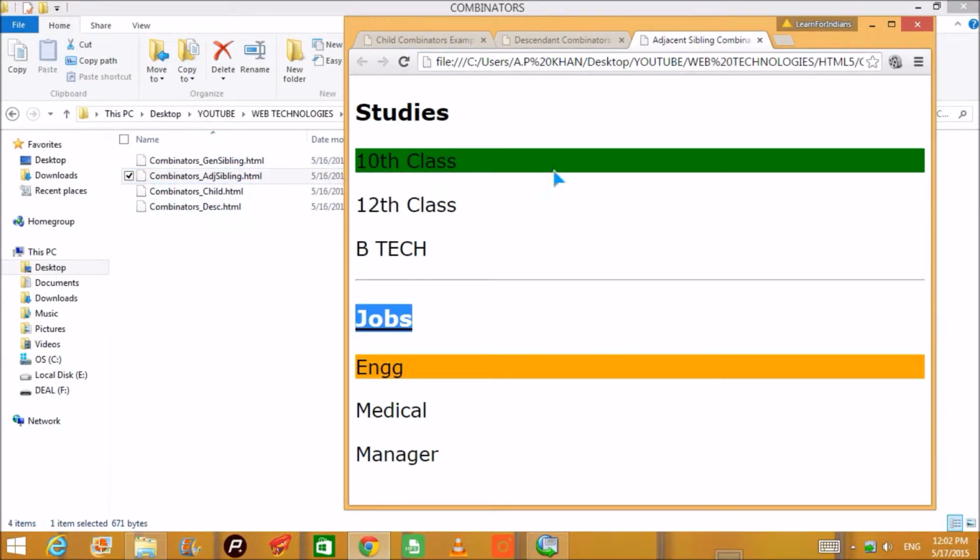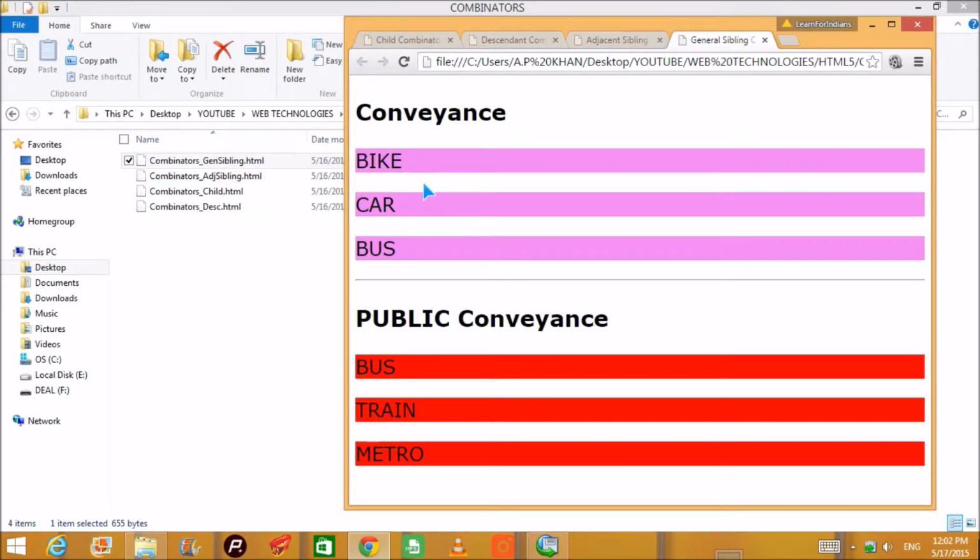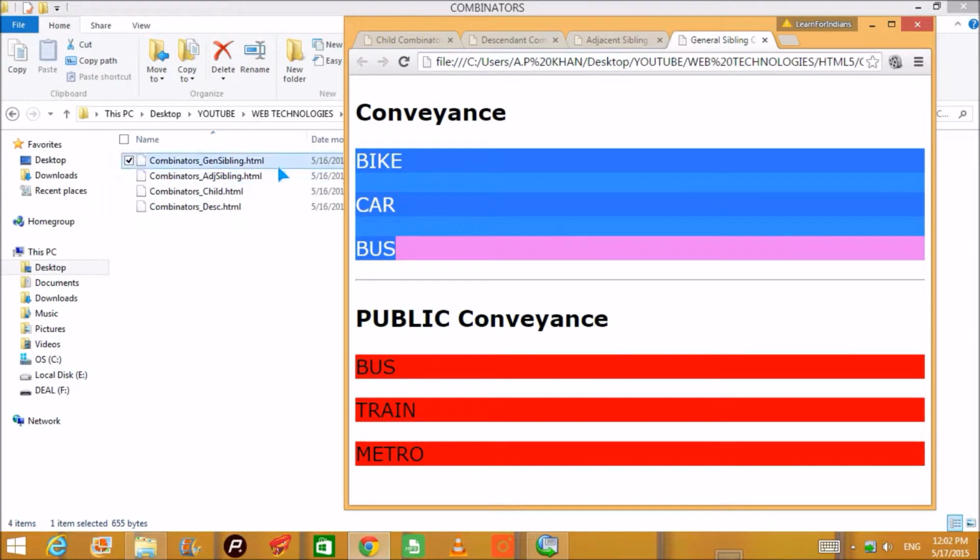But if I want to highlight all 3, if I want to say something to everybody in my family, then what to do? There is an example of general siblings: I am the father and I have 3 kids. I want to speak to them simultaneously. For that reason we have the general sibling.